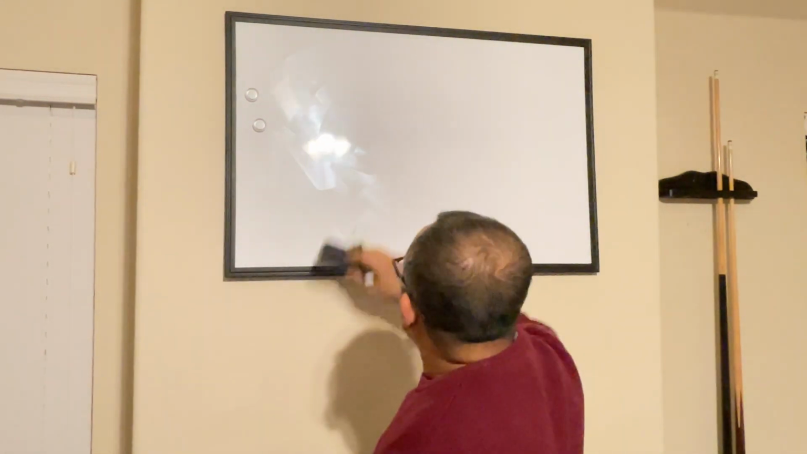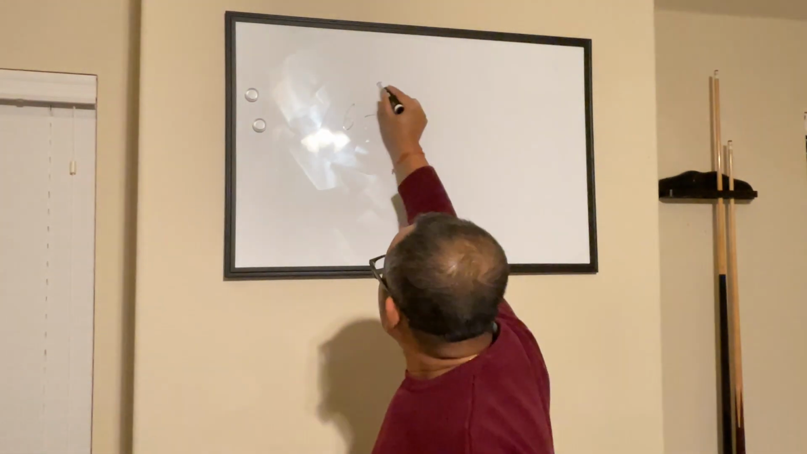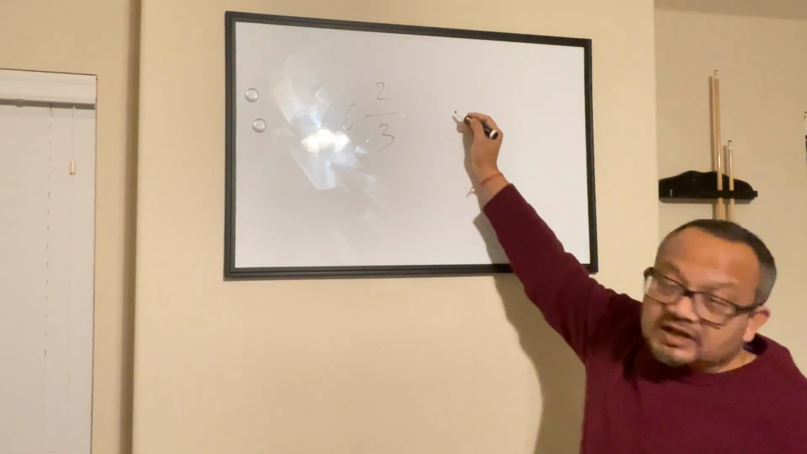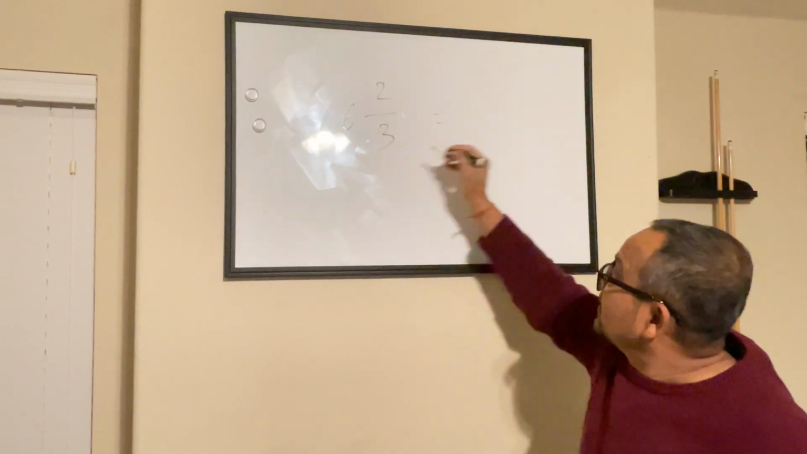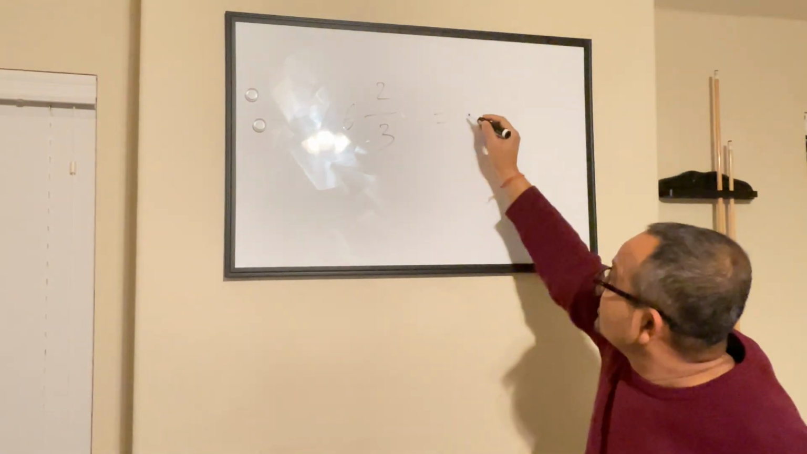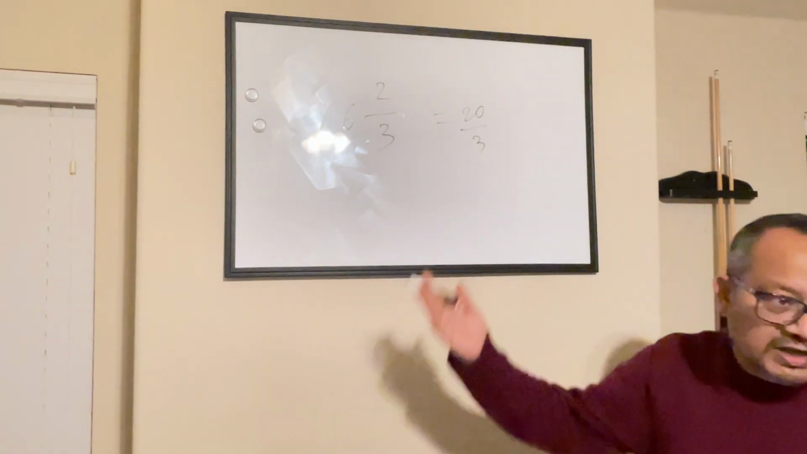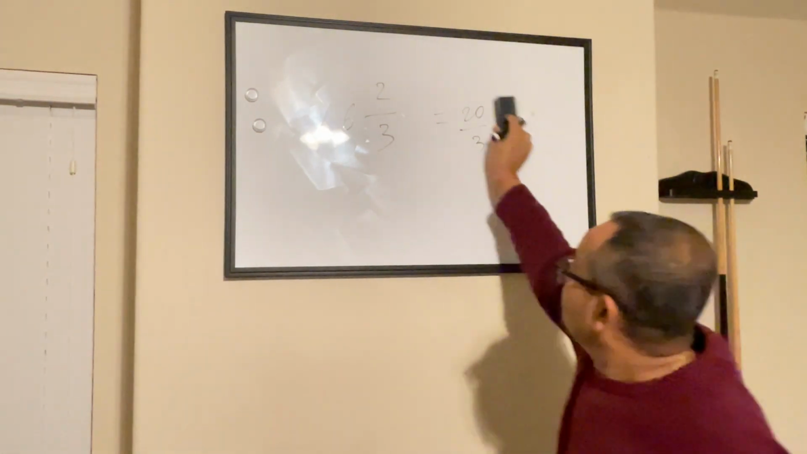Similarly, if you have a mixed number like this, you can also convert this into an equivalent ratio by simplifying this as a fraction. 6 3 18 plus 2 is 20 by 3. This is also equivalent ratio. It's the same thing. I mean, you're just putting it in a different form. So we learned about the ratio. Now